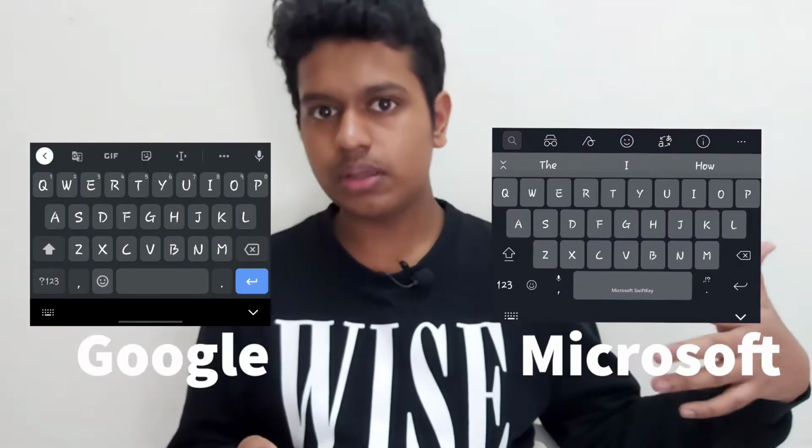When you open the keyboard itself, you are actually getting features similar to those of the Google Keyboard. You're practically getting search, GIFs, emojis, clipboard, translate, autocorrect, and that's it. But there's actually a bit more to the Microsoft keyboard than the similarities to the Google Keyboard. It has a toggle for the autocorrect option, then there's a thumb mode which I'm really interested in, then the incognito mode, yes, you heard it right, an incognito mode, and then you also have an offline translate option inside the keyboard itself. So more on the features.